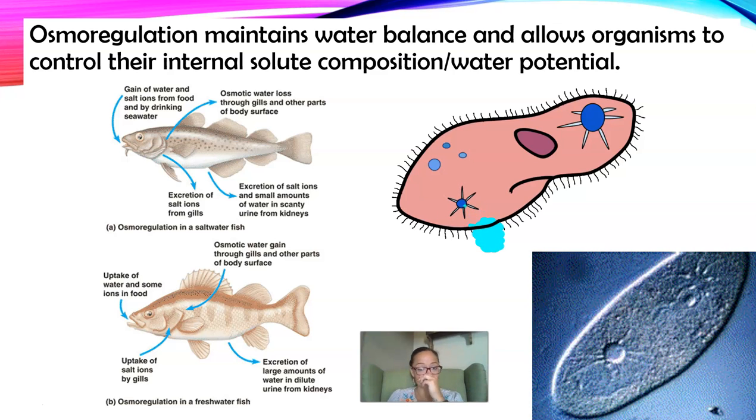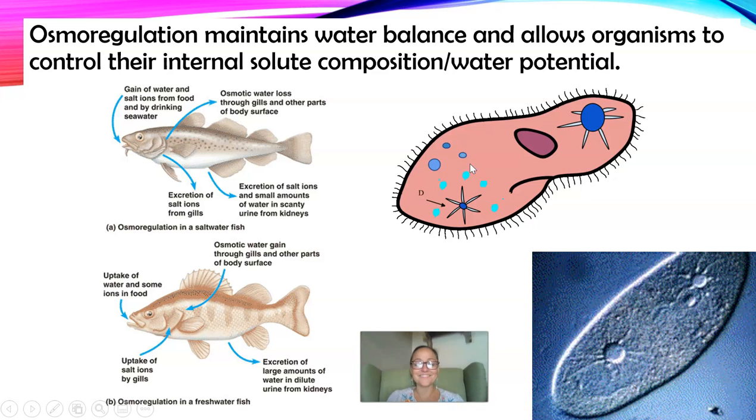And as it diffuses into the cell, that cell runs the risk of bursting by cell lysis. So these little single-celled organisms have contractile vacuoles where they will actually use active transport to pump ions into this